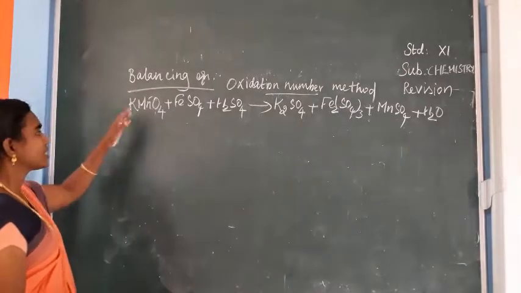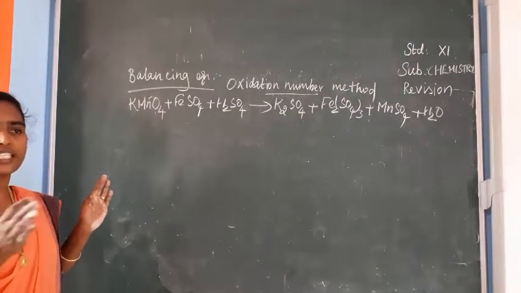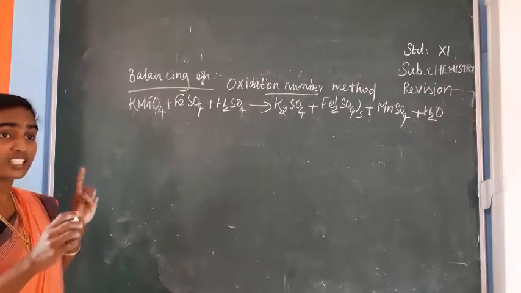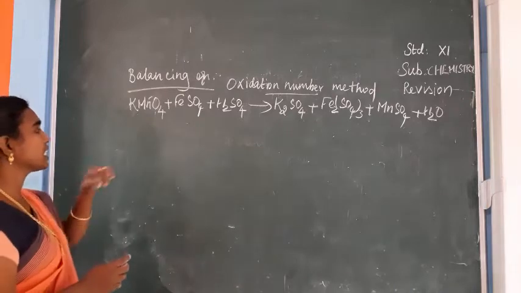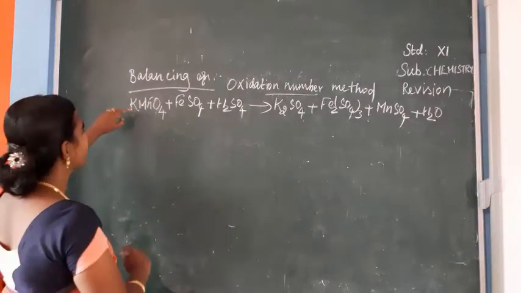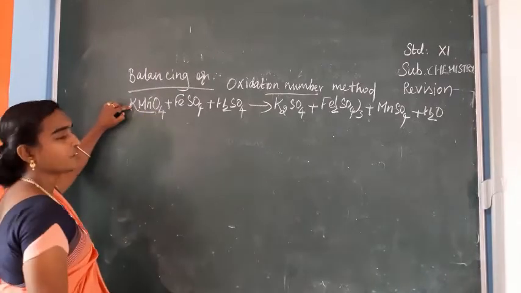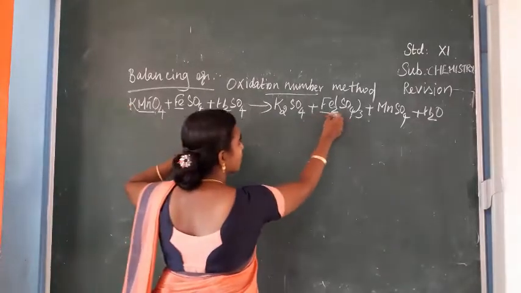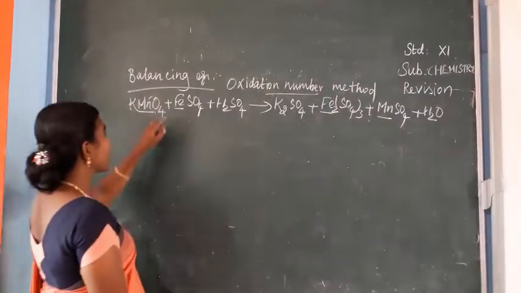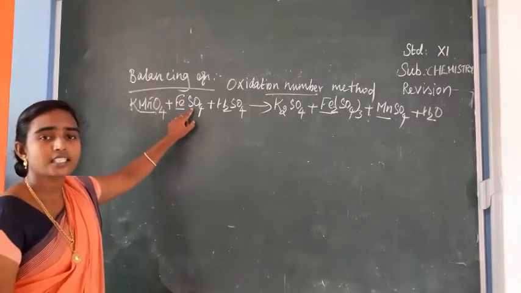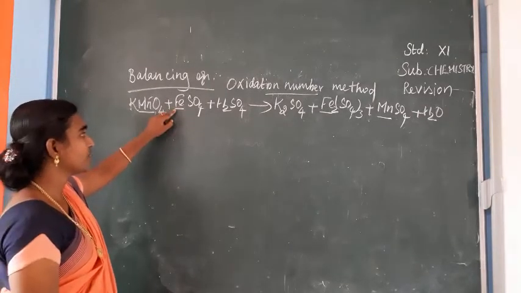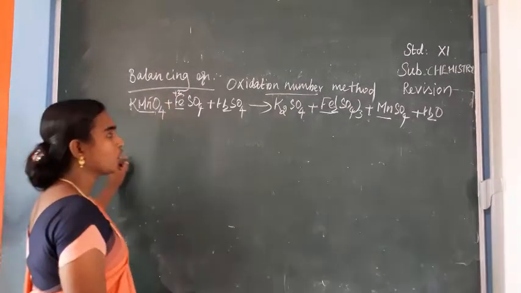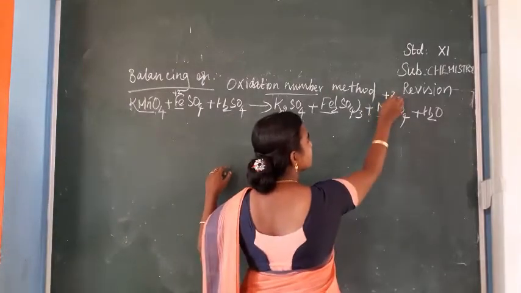Okay. So first, we have to find out the element which is getting oxidized and which is getting reduced. That's the first step. So when you are seeing the equation, here we have to find out the oxidation state of Mn, here we have to find out the oxidation state of Fe, the same on the right side also. So easily we can write SO4 sulfate ion, it is minus 2. Then automatically this Fe will be plus 2. So here it is plus 2 and automatically here also plus 2.